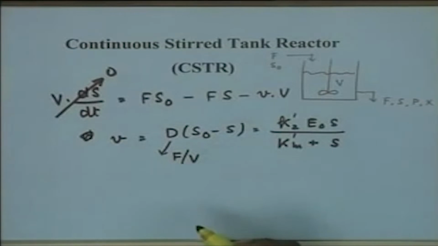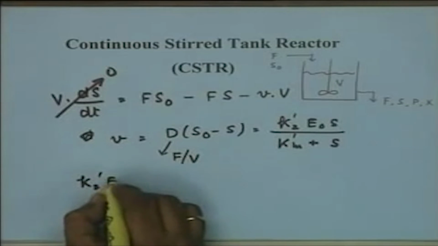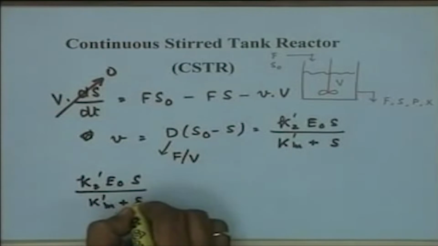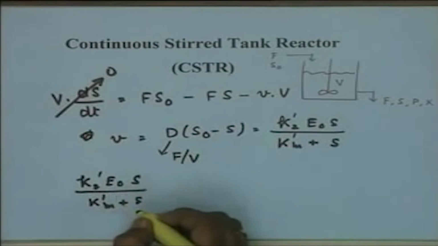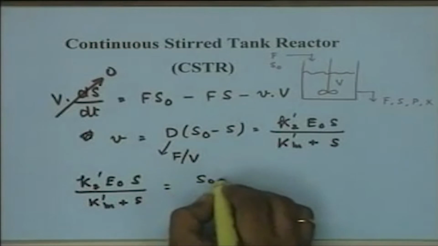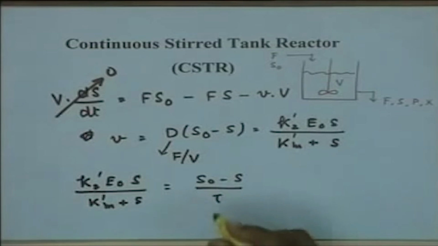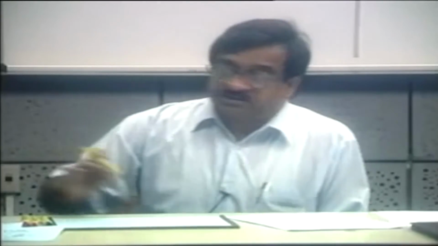So, this is the term, or from here you can also write K2 dash E naught into S upon K dash M plus S, or K2 dash upon S, this is equal to S naught minus S upon tau, that is your space time that was defined in the earlier expressions. Solving this equation, you can also get